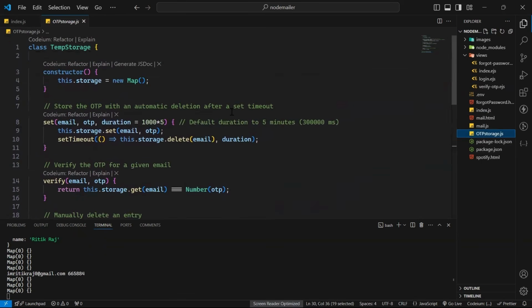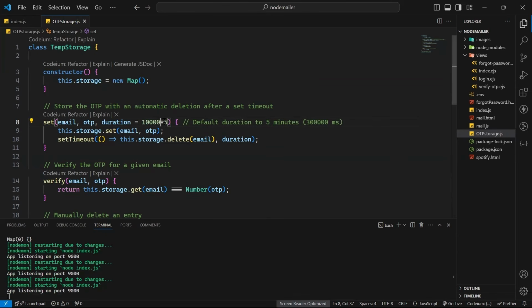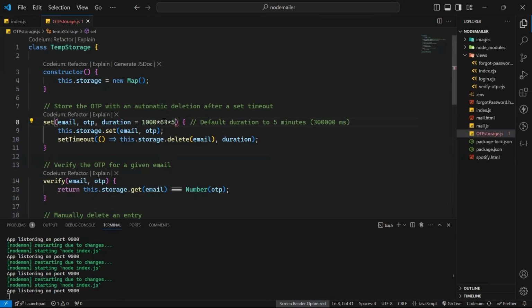ऐसा क्यों हो रहा है। ओके, इसे क्लोज करते हैं। ओके, तो मैंने यहाँ कुछ चेंज किया क्या। ओके ओके, तो गलती यहाँ पे हो गई, देखो यहाँ पे मैंने क्या लिखा है, 1000 × 5, यानी 5 सेकंड तक ही रहेगा, तो गलती यहीं पे हो गई, ठीक है। तो ये 5 सेकंड तक रहेगा, लेकिन हमें रखना कितना है, 5 मिनट तक। तो गलती हमारी तो हो गई है, 1 जीरो और लगा देंगे तो, हाँ एक मिनट, ठीक है यार, 60 करना चाहिए मेरे को, मेरे कैलकुलेशन को क्या हो गया है। तो ये हो गया 60, यानी 1 मिनट × 5, ठीक है, अब ठीक है।